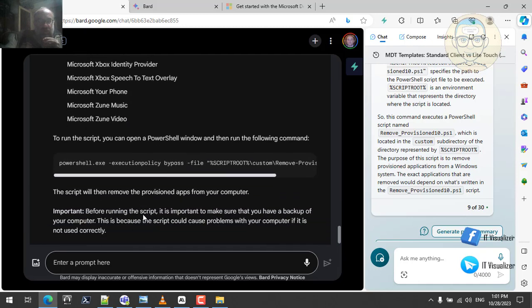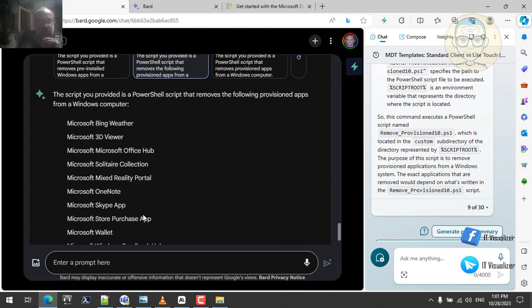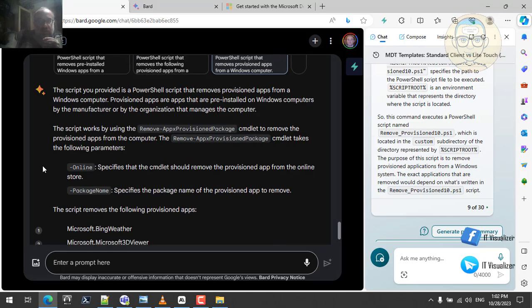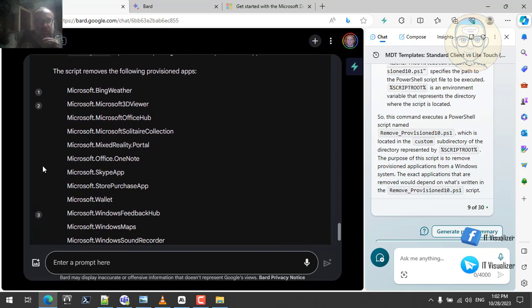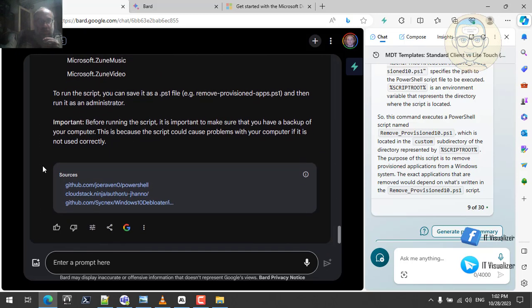So this is done. These are the applications that are removed. Let's see another answer. It removes all of these, and so on, but